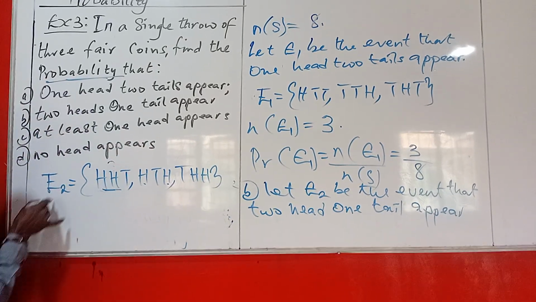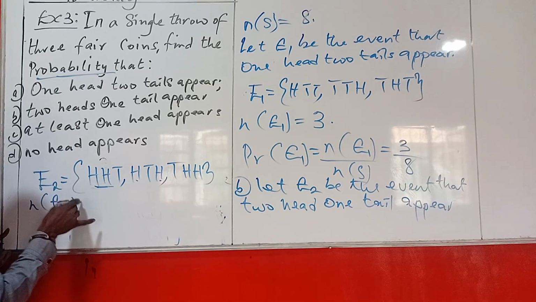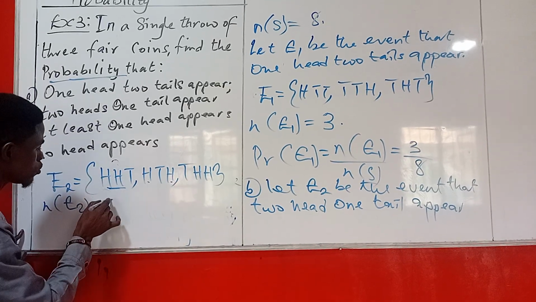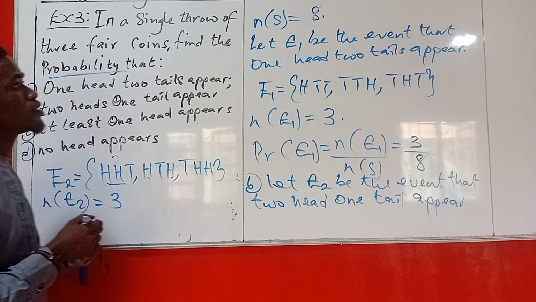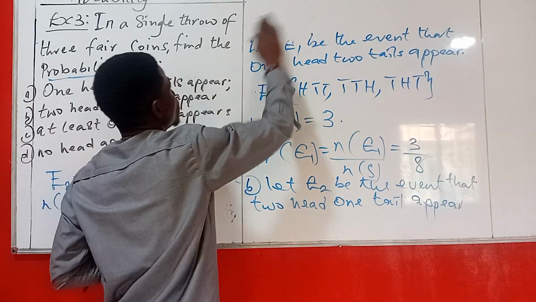So what is the cardinality of this one, that is E2, is going to be 1, 2, 3. We are going to have 3. Okay, now what is the next thing to do